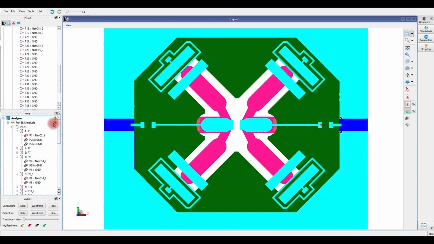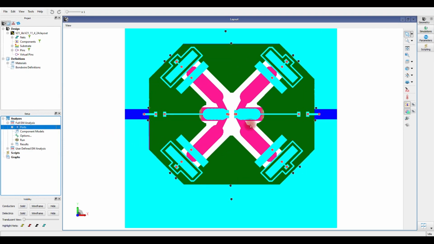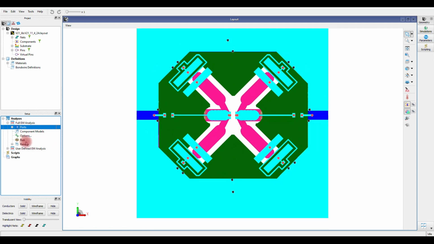I will be doing the same for the rest of the pins which have been wrongly polarized in the design. After that, please make sure that all the port assignments are as intended and correct. This is very important for the accuracy of the simulation results. Then